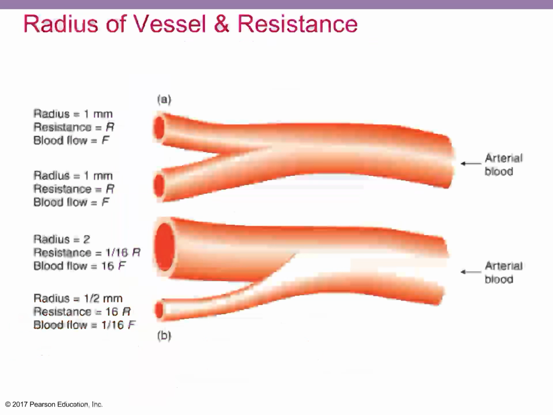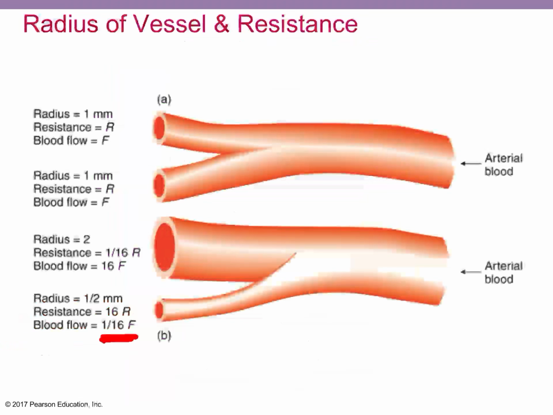I have a little paragraph where it just mentions that because the relationship is not linear, it means that... so resistance is inversely proportional to the radius of the blood vessel. So if you change it by 1/4, you can really have drastic changes of the resistance. So we can see that if you have changed the flow of blood to 1/16,